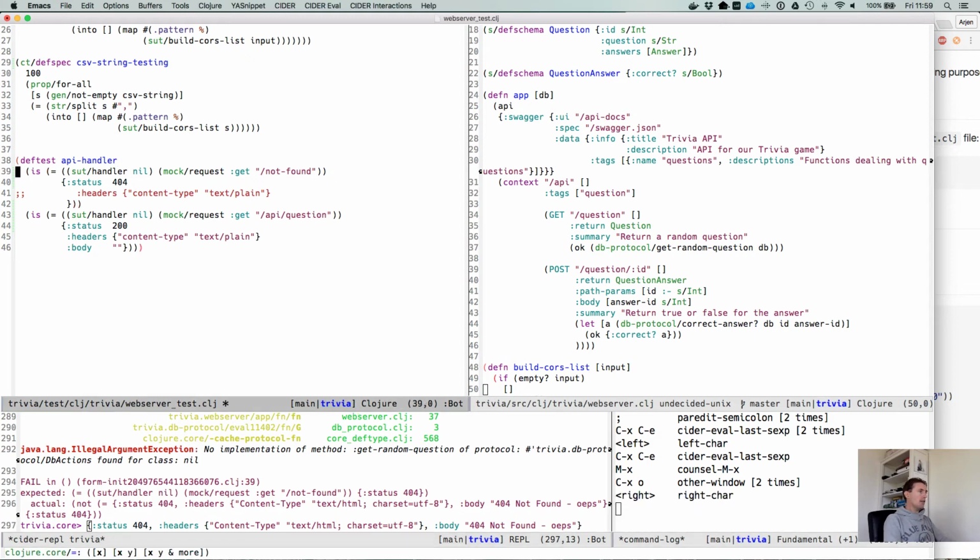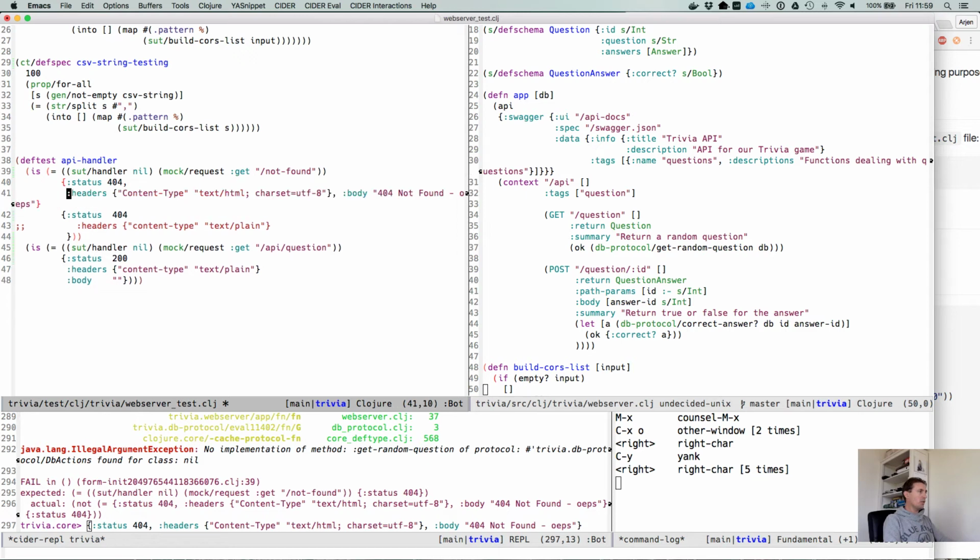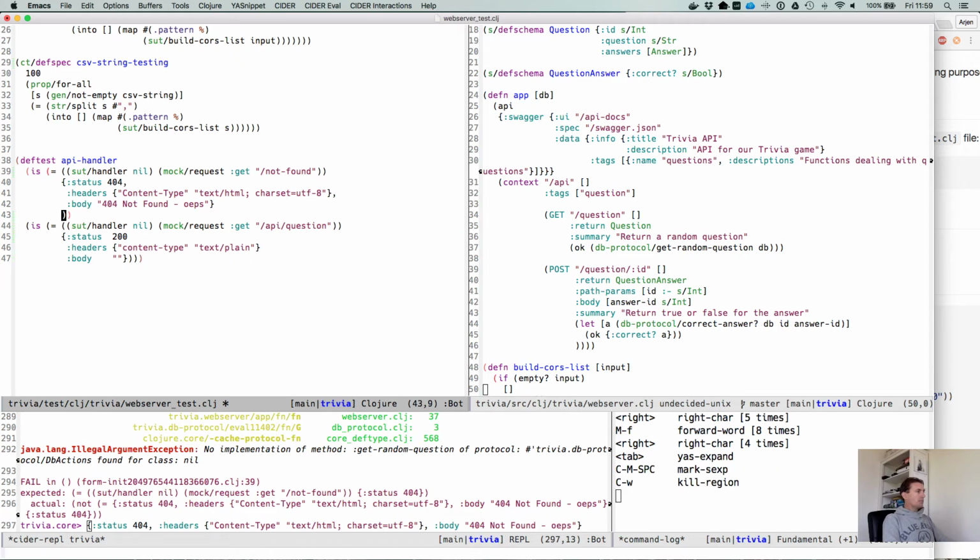Let's make sure that our 404 always works the way we intended it to work. So it returns HTML and the body will be 404, right? So when we update our 404 page, this will fail, but what we test is that we have a 404 handler, right? And that is exactly what we want. And here we will have application